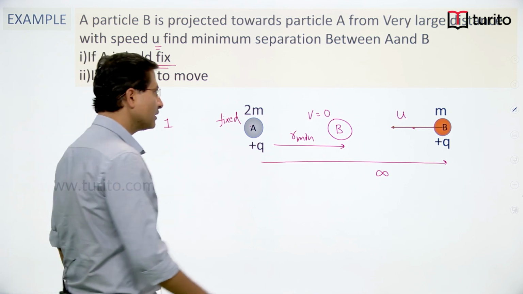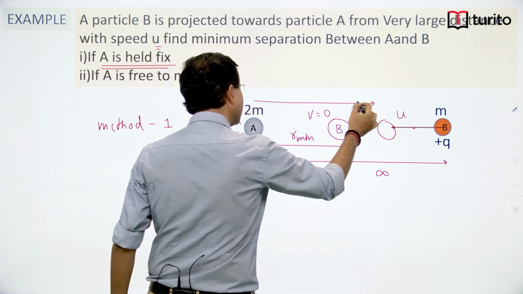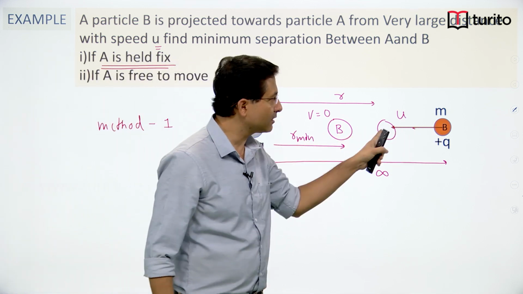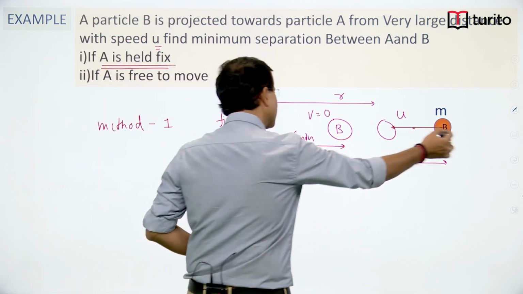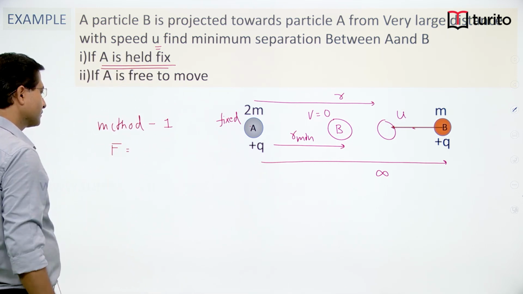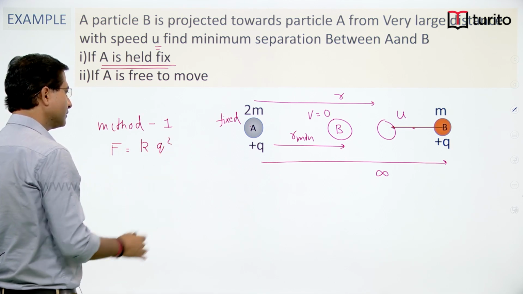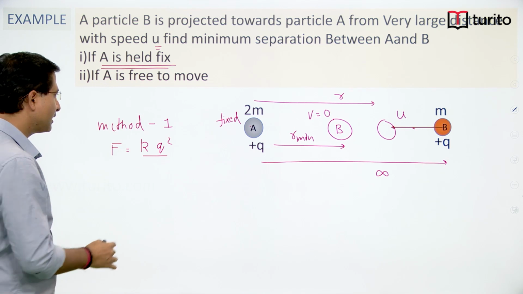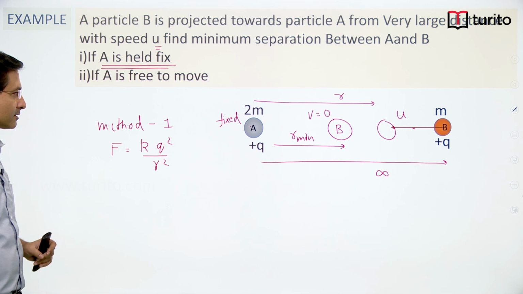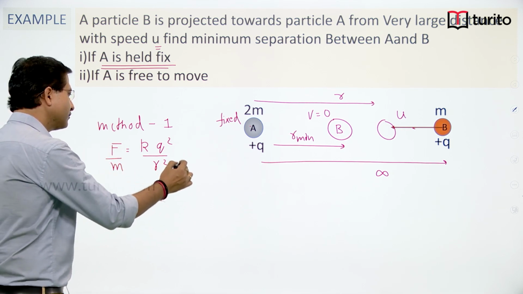So, at any general position, some r somewhere here, let us say this distance is r. When B is at some general position r, at that moment I can write the electrostatic force F is equal to K Q square divided by the separation r square. So, this is the force it experiences, and because of this force, F divided by mass will give you the acceleration,